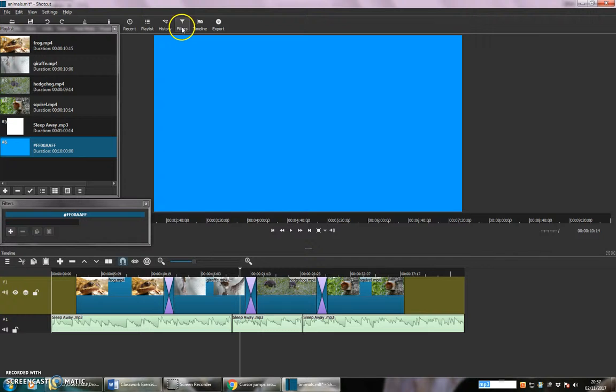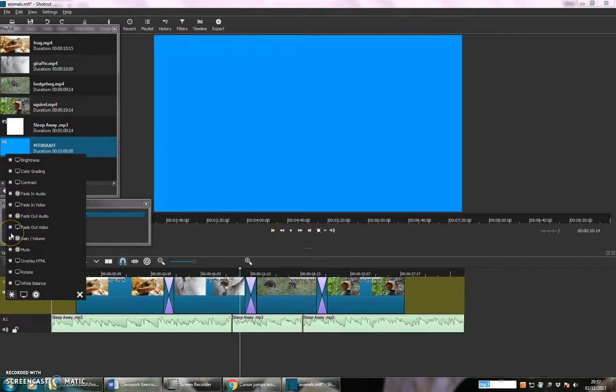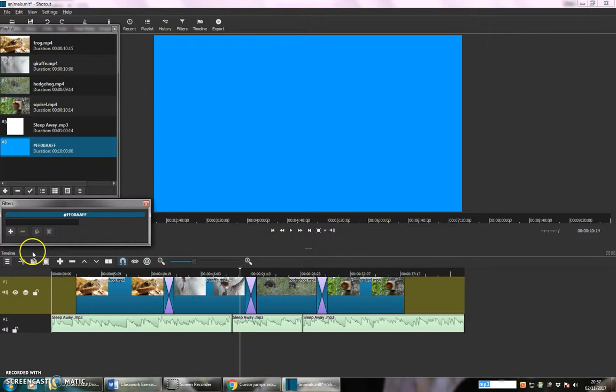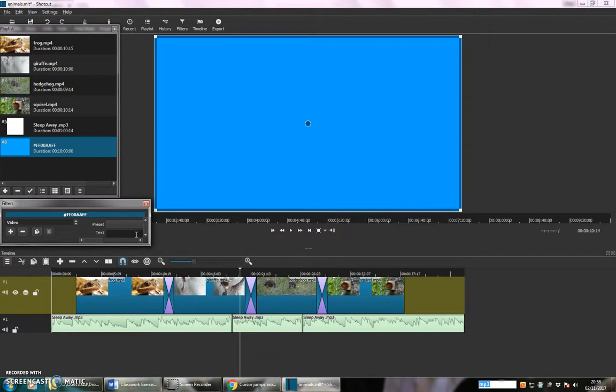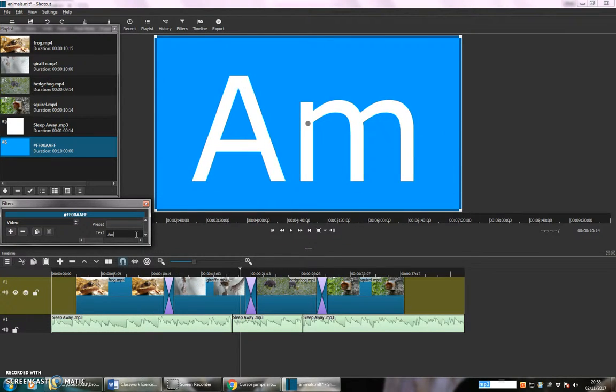Make sure you click on filters, because if you click on plus now, what we're going to try and do is click on this screen here, and you'll find an option for text. That's what we're looking for, text. There it is, and we can add some text here. At the moment it's been set to just this time code. We'll delete that time code and we'll just put Animal Farm,